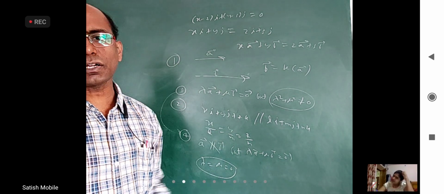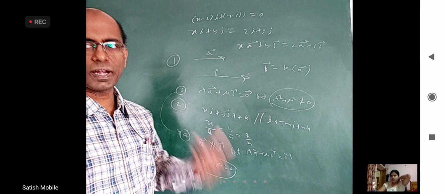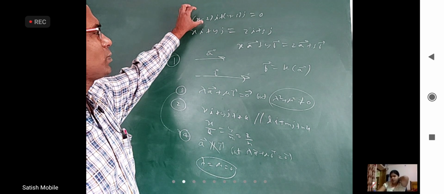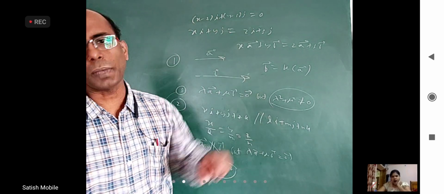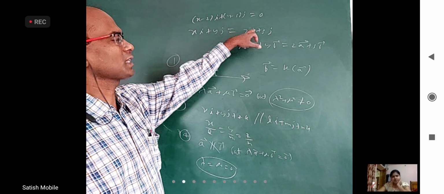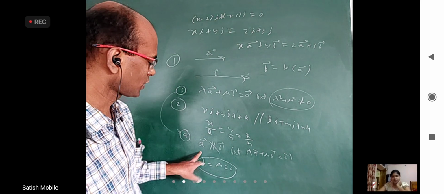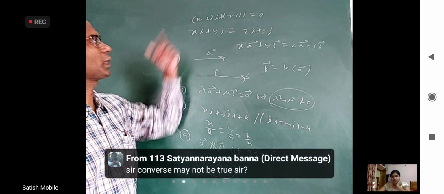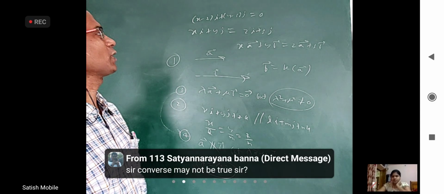After learning the concept properly, now you can say equate i coefficients, equate j coefficients. But why is that? Some real number into a vector plus another real number into a vector, where the vectors are not parallel, you are able to express a linear relationship between them like this. That is only possible when this is 0, this is 0. That is the fourth point. The application of the fourth point is what we are equating. Yeah, the converse may not be true.